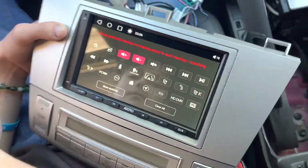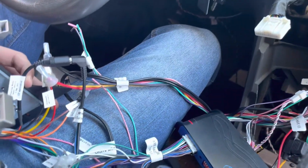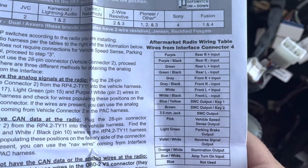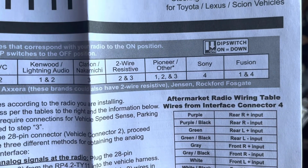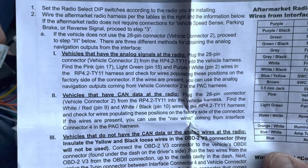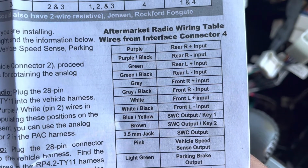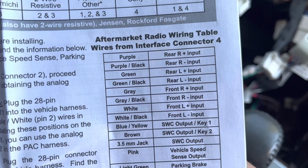So pause for a second. Let me show you guys really quick. A lot of this is just hooking this up and matching the pairs. The schematic, I'll post a picture of it, but basically it's this. You just got to work your way down from the top. We have an aftermarket stereo, so it's Pioneer/Other. So we're going to use 1, 2, and 3 steps. First step is hooking up the connectors, which we did. And then you're going to follow the color codes on this aftermarket radio table here. So you're going to follow purple, that's rear R plus, and then purple/black, that's rear R minus, and so on